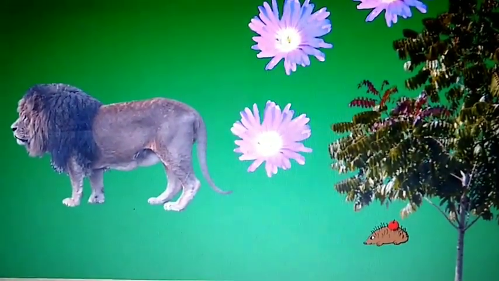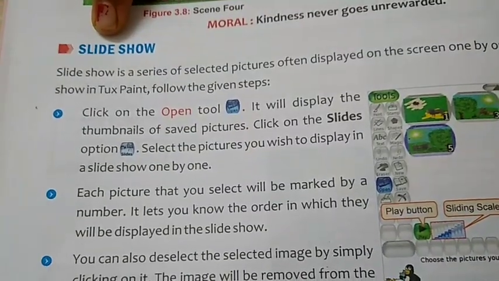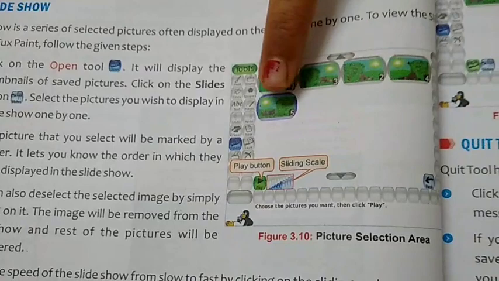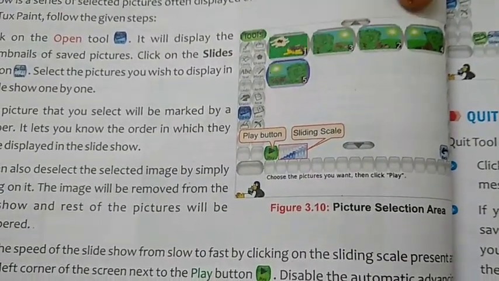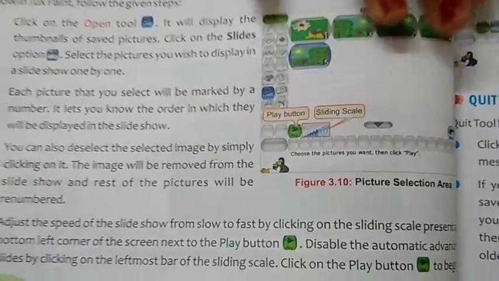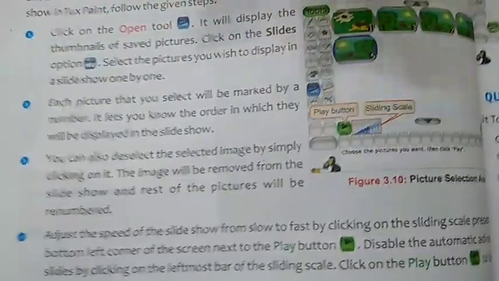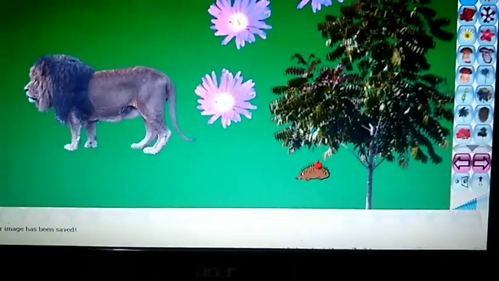Now see in your book is given. Now how will you apply this? Slideshow means the slides, like here 1 2 3 4 5. 5 you have created, so 5 slides will come one by one on the screen in the form of slideshow. Slideshow means on the whole screen of your computer, one slide which you have created, one by one it will come. So see how will you create slideshow. 5 scenes you have created.